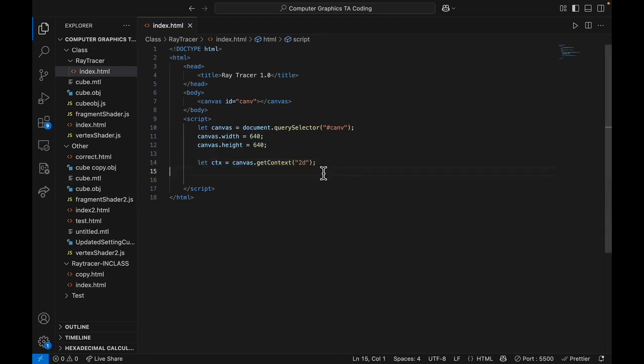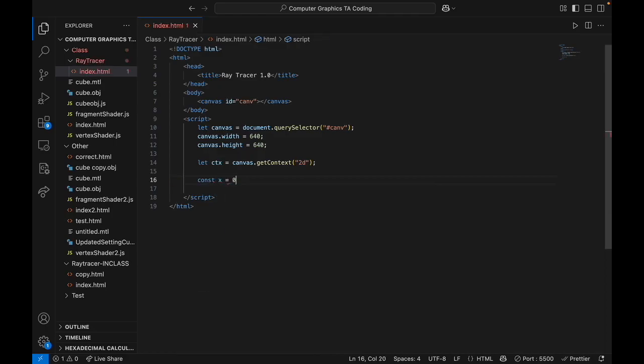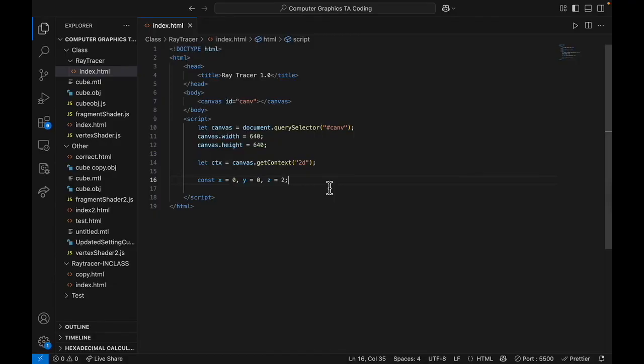Now we're going to go ahead and define some constants for the array indices, so it'll be easier for us to read. So we're going to do const x equals 0, y equals 1. These are commas, not semicolons. And z equals 2. Right, now that we have set up our constants, we're going to go ahead and create some